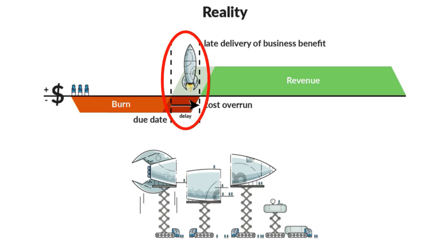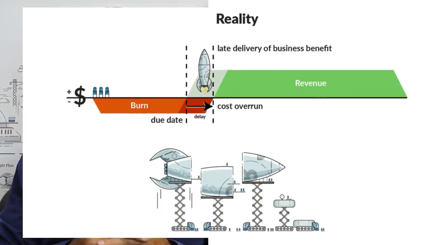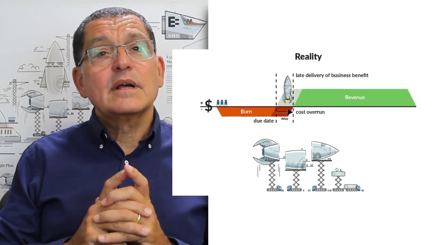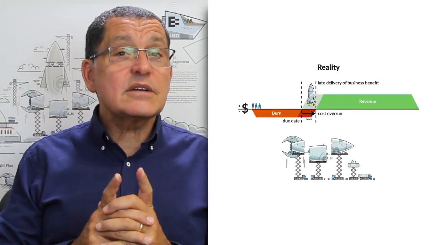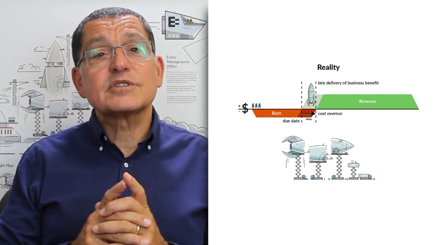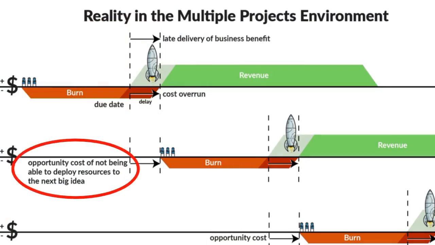Uncertainty brings delays, and the delays mean we'll have to invest more money than we planned, and we're going to get less revenue than we hoped for. And the losses compound because not only do you get the loss that occurs in the first project, but there's also the opportunity cost of not starting the next idea within your portfolio.